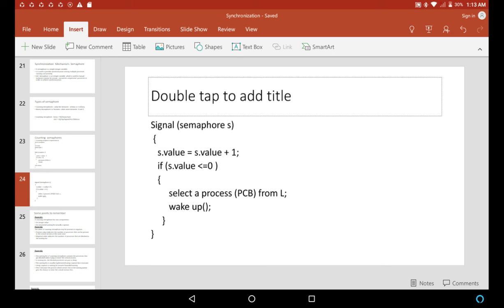So what is waking up a process? When a particular process is rejected and forcefully sent to the blocked list or the suspended list, it has to sleep. Wake up means it will take one from the block list and change its state from suspended or blocked to the ready state. There are different states assigned to each process. So waking up means changing its state from suspended to ready state.